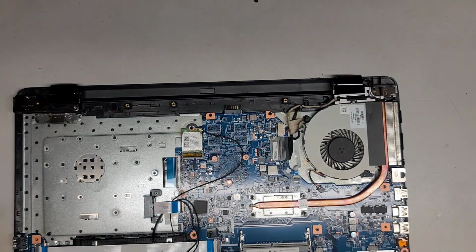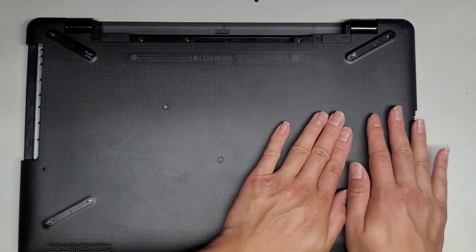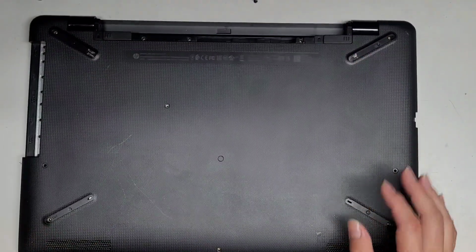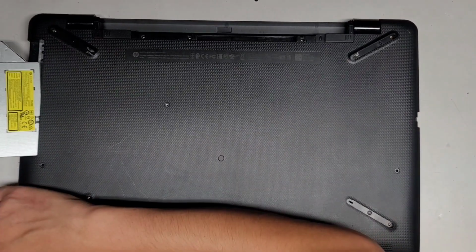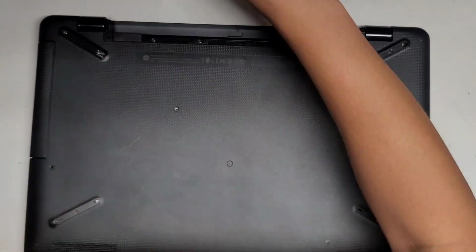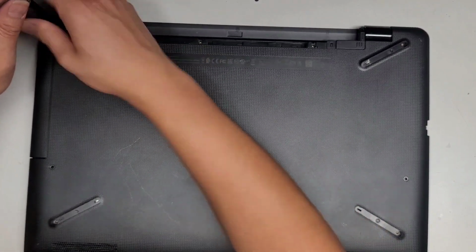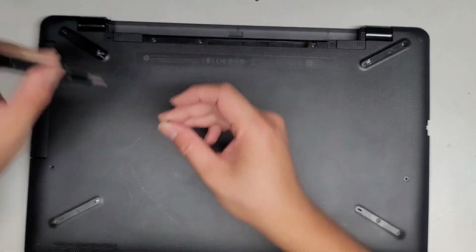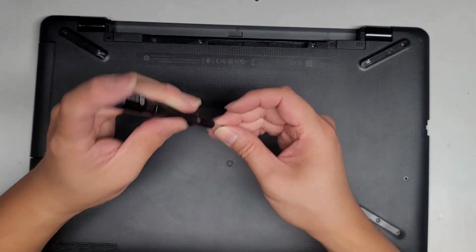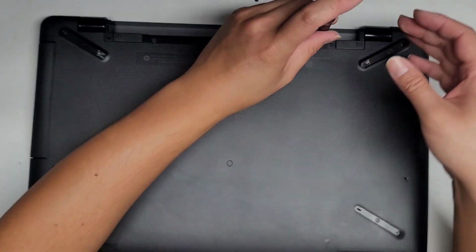Oh, and one thing, in some rare instances, I don't know if Windows detects that the screen was disconnected when you turn it when it's on, you might have to connect an external monitor and then restart the computer one time. This monitor better work, because if it doesn't, that hinge repair was for nothing, and I don't know, that's gonna suck. I might have to buy them a new hinge, or not a new hinge, but a new screen assembly. So let's go ahead and get this all in. I didn't really do anything else to the screen, and it was working yesterday after just the other part was repaired, so